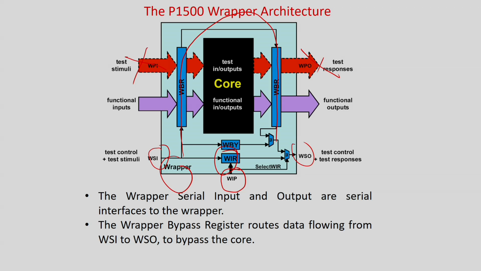So for one mode it will make the chip or registers go in this mode. In another mode it will allow it to go in this manner. With some instructions it may allow it to go directly by this bypass register. So it's just a decoder changing the multiplexing arrangements. That's very simple digital design. So the instruction register is nothing but a simple decoder, and the instruction lengths are also very small, because the instructions are very few.